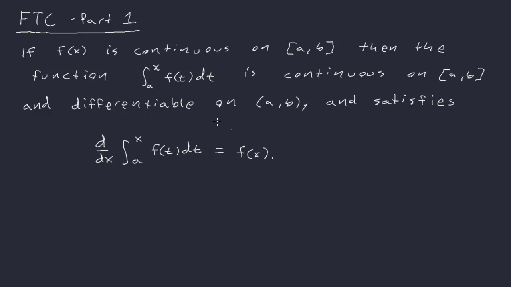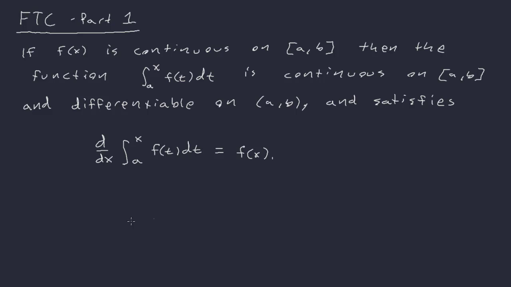So basically, what the first part of the fundamental theorem of calculus says is that if f of x is continuous on a to b, then the function, the definite integral, so this is sort of a weird function we have here, it's the function that is the definite integral from a to x of f of t dt. Okay, this is continuous on the interval a to b and differentiable on the open interval a to b. And it satisfies this property, that if we take the derivative with respect to x of this function, the definite integral from a to x of f of t dt, it is going to equal